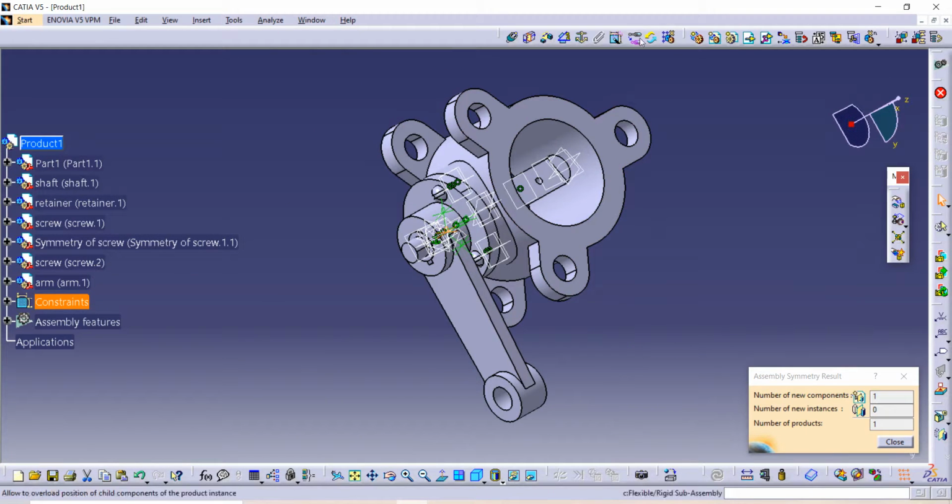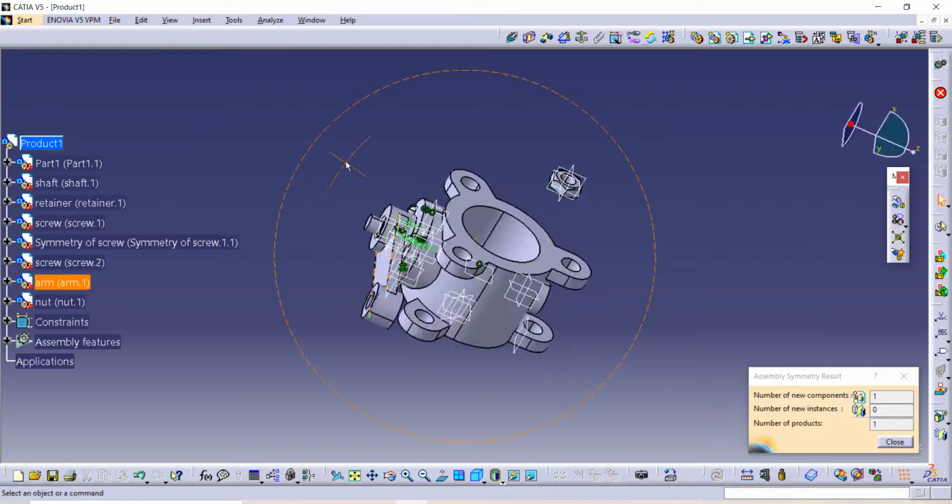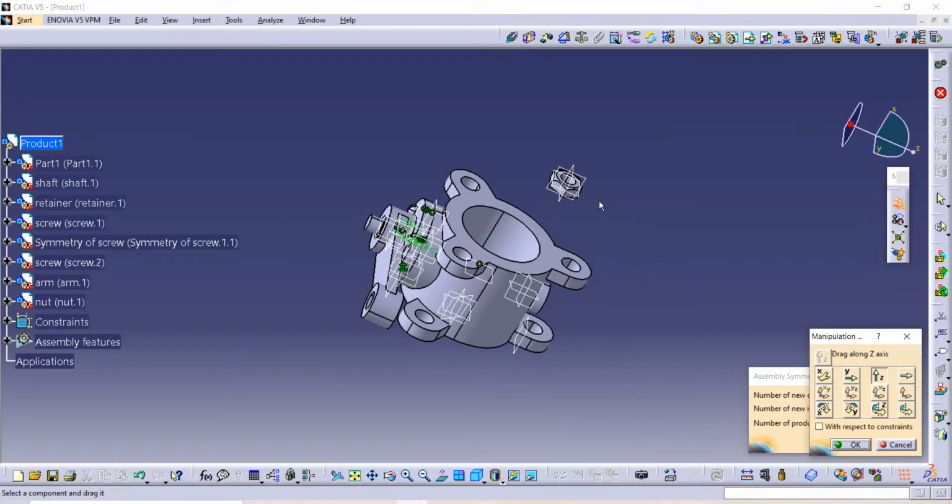We have to import our next component whose name is nut. So import nut again and click on OK. Now use this manipulation command again to move it from one place to another, and again this rotation to make it align.